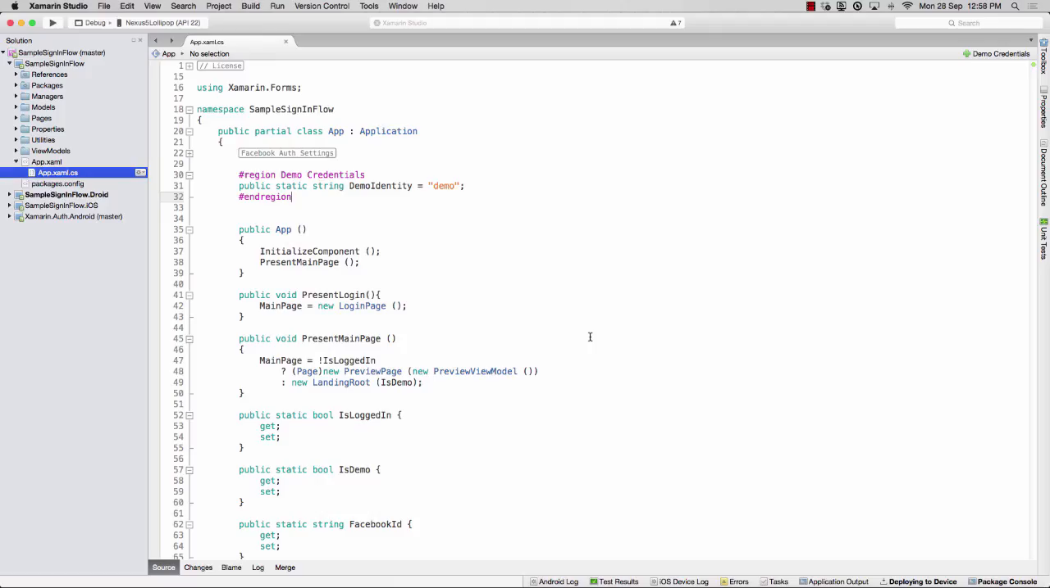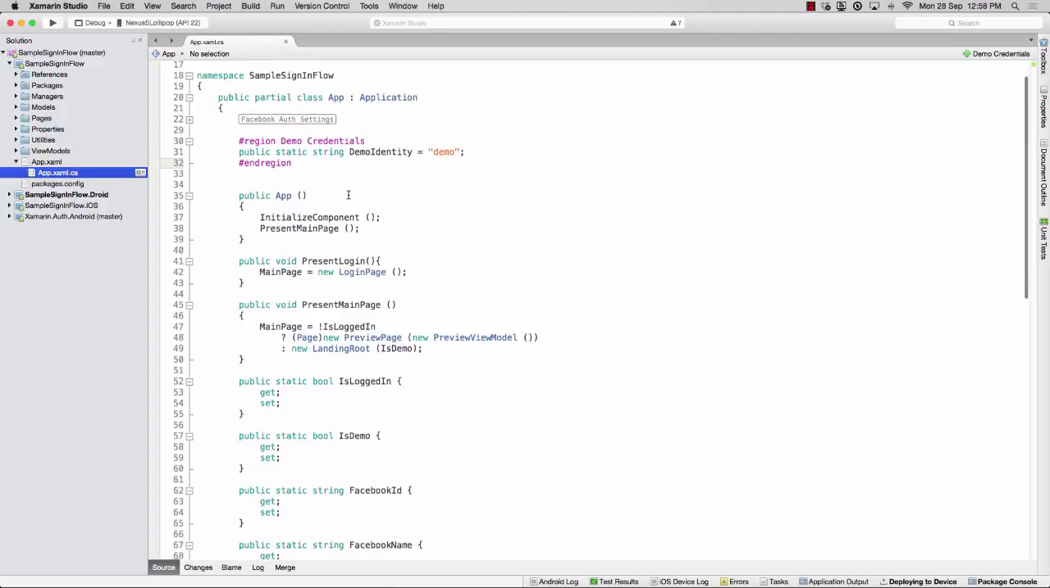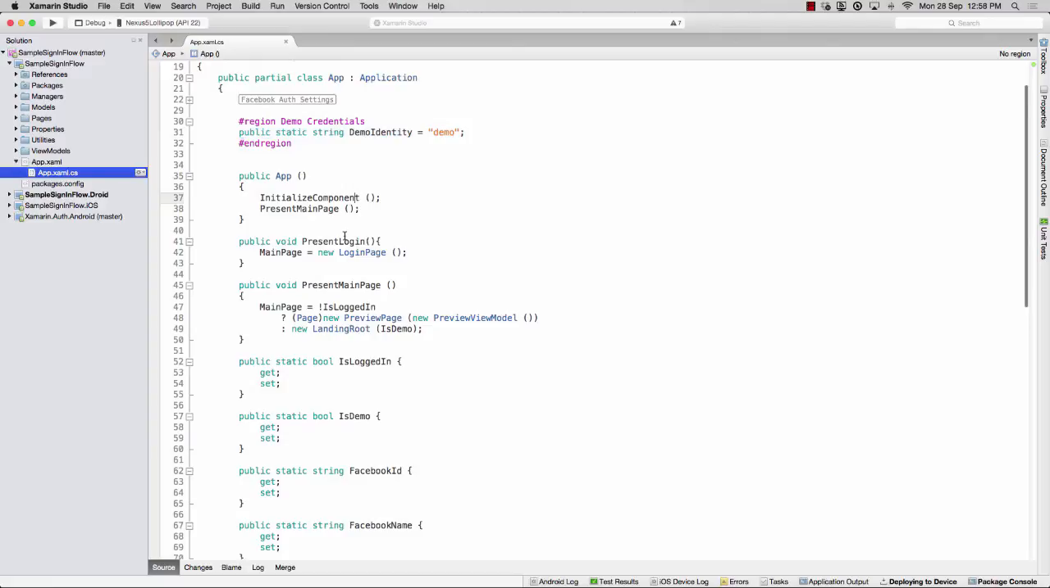We're going to start by looking at the app.xaml.cs file first. Inside this CS file, we have a few blocks of code. There's a Facebook authentication settings block, which houses all the settings required to log into Facebook. Then we have the demo identity. This is the person that will be signing in when we're in demo mode. And then we're going to present our main